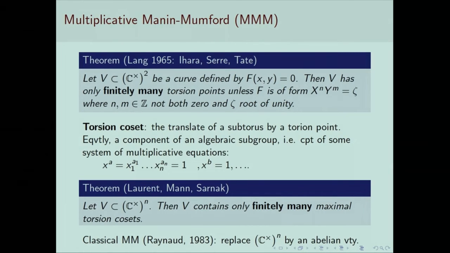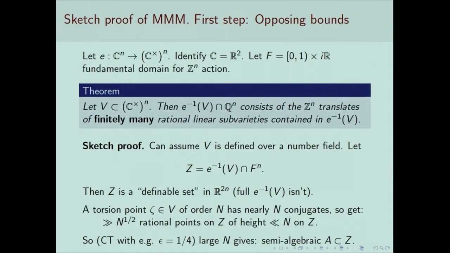Right. And you can state it somehow in various ways: that all the torsion points lie in finitely many torsion cosets contained in V, that the union of all torsion cosets contained in V is a finite union, or I somehow like this statement, that there are finitely many maximal things. So I want to sketch the proof of this,